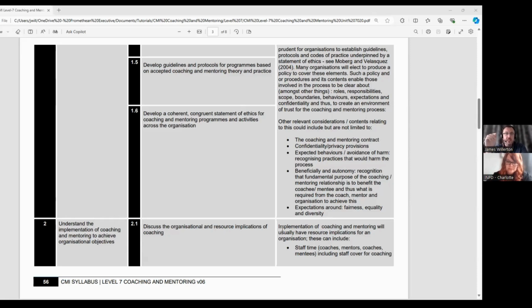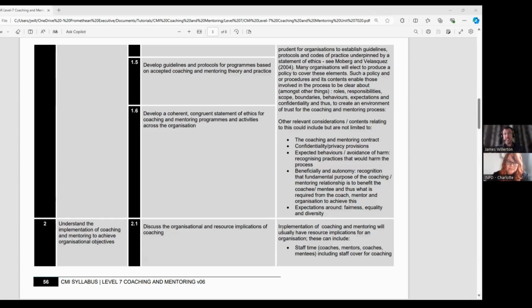With the statement of ethics, just make sure again, although it's just one question here, 1.6, make sure that within your answer you have given treatment to mentoring and coaching, because there may be different ethical considerations for both practices. For example, the mentor who gives advice that's incorrect, and then the person who follows the advice and ends up with catastrophic consequences, where the ethics in that, are there any kind of guidelines around that might just manage that relationship and that flow of advice a little bit better? That will be different from a coaching relationship, of course, where advice shouldn't be given in practice. So you might find on reflection there are some different ethical considerations around the mentoring relationship.